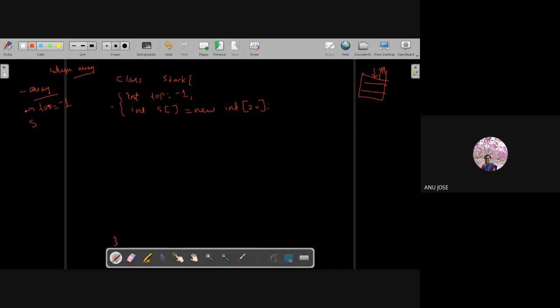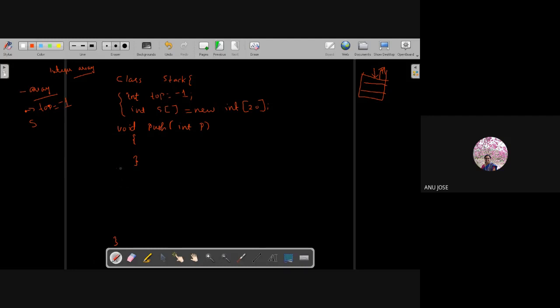Then, as you mentioned, three functions: push, pop and display. So it is void push. Inside the push operation, what is the value we have? I am just writing int p. I am not writing any code inside the push operation; you write the code required. Then the next function is the pop operation. In pop, the data item will be taken from the stack and taken back to some location.